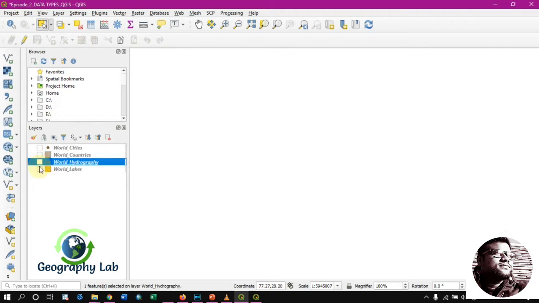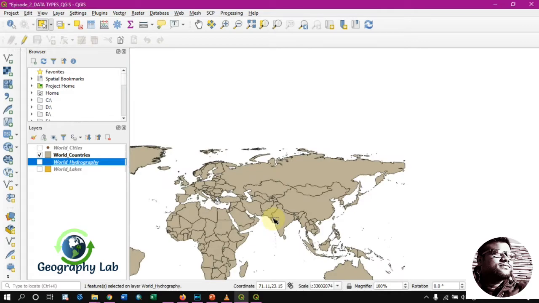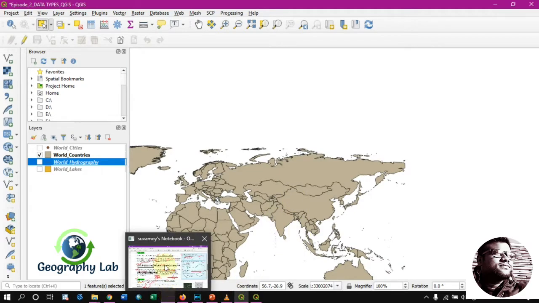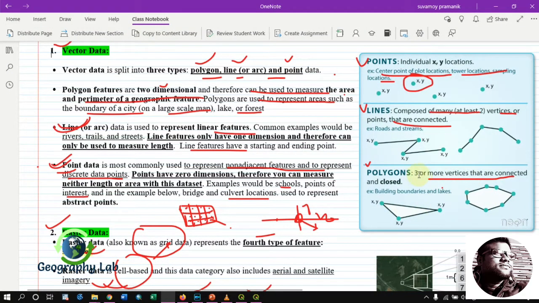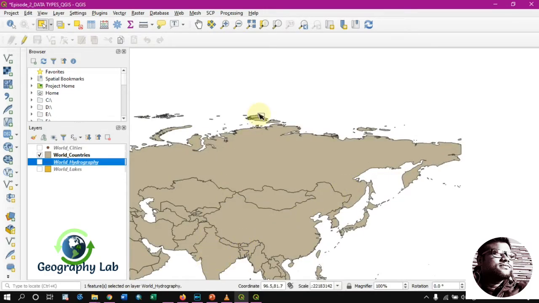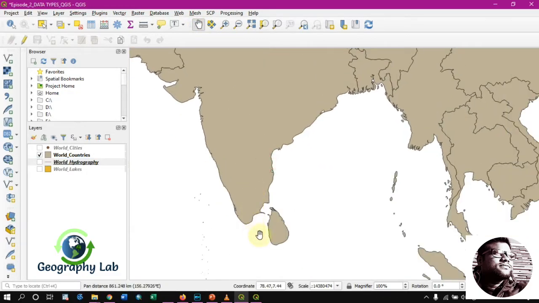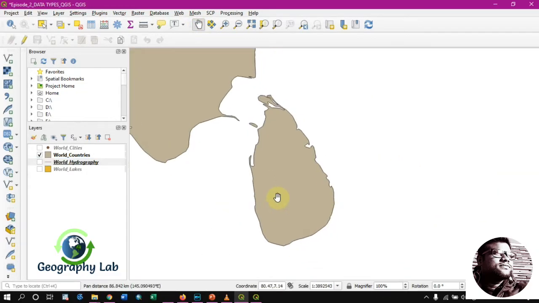Now coming to the polygon, the third type of the database. What is a polygon? A polygon is 3 or more vertices that are connected and closed. If we zoom in on a specific country, for example India, or maybe Sri Lanka, then we can see all these lines are connected with each other, and very precisely they are closed.